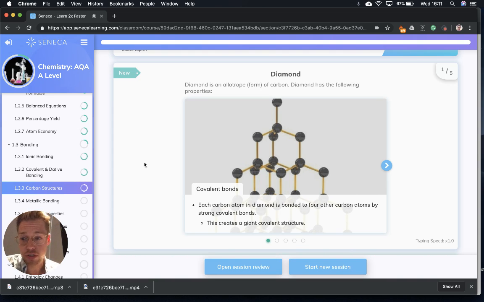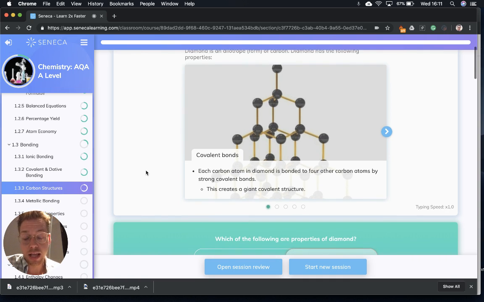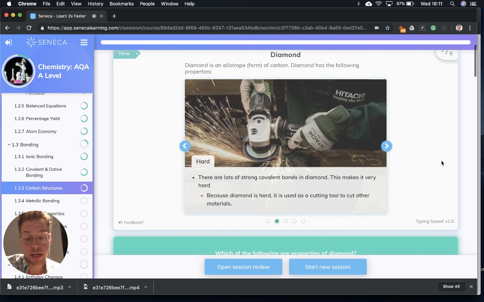And in diamond, each carbon atom is bonded to 4 other carbon atoms by strong covalent bonds. And this creates a giant covalent structure. Now, because there are so many covalent bonds in diamond, it makes it really hard because covalent bonds are very strong. And because diamond is hard, it is used as a cutting tool to cut other materials,